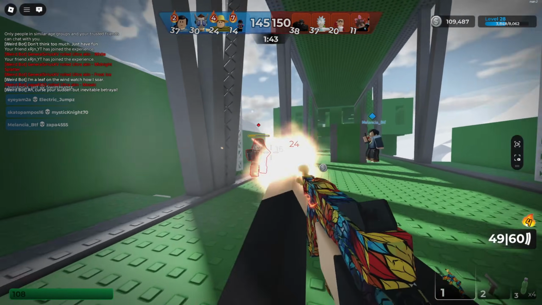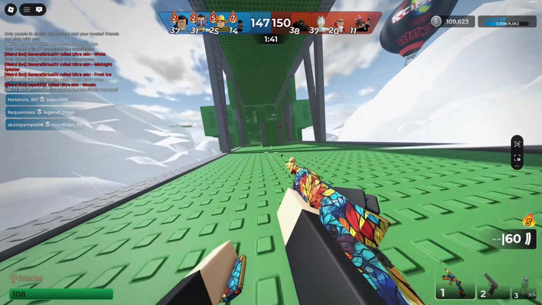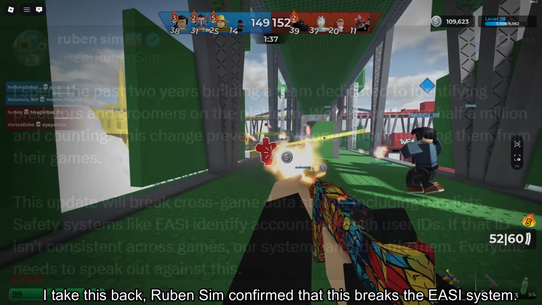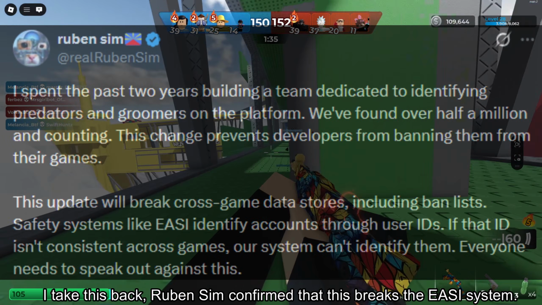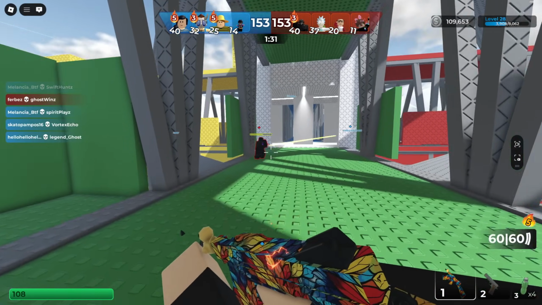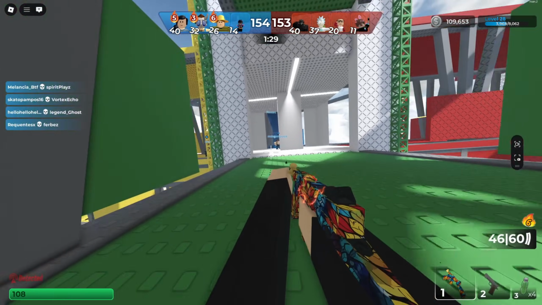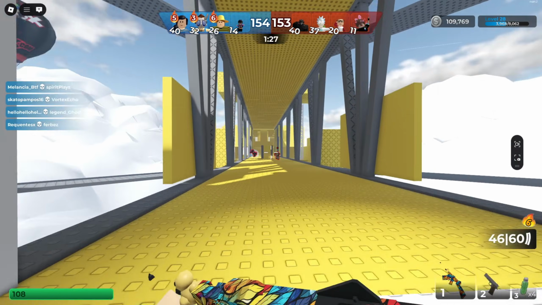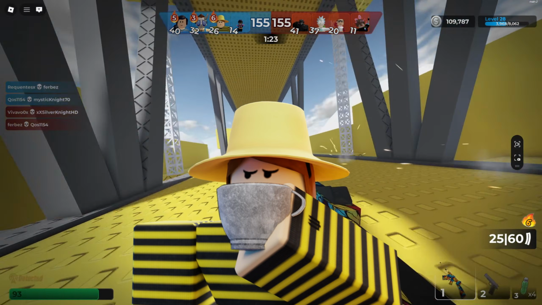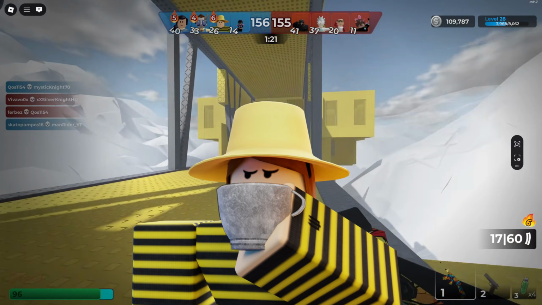I see people even pointing out that Ruben Sim's easy system will break due to this. I'm not fully sure how true that is. I assume it's going to break, but I'm not fully sure, so don't quote me on that. But I feel like an update like this may just be existing to stop programs like Easy. I feel like maybe if a Roblox staff member actually came forward explaining why they make an update like this